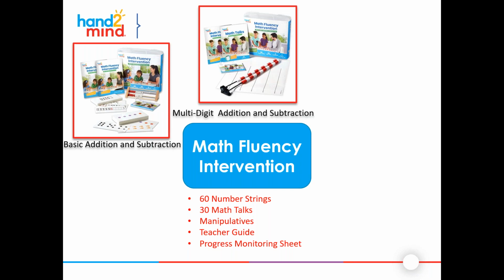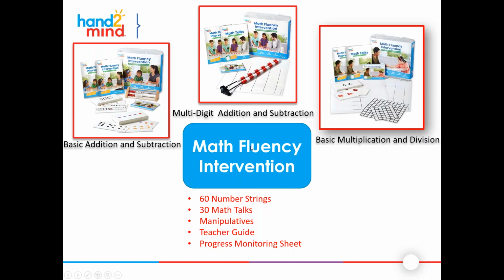We have a kit that's multi-digit addition and subtraction. So if we feel like the kids have constructed those basic fact strategies, how do we make the connection from there to the multi-digit ones? So we're going to use those same types of strategies to help us with multi-digit addition and subtraction. You're going to notice there are some new tools up here. So we have our 120 bead rekenrek that scaffolds very nicely. It folds out, it's magnetic, and it's a very good scaffold to an open number line. And we use an open number line a lot in this one.